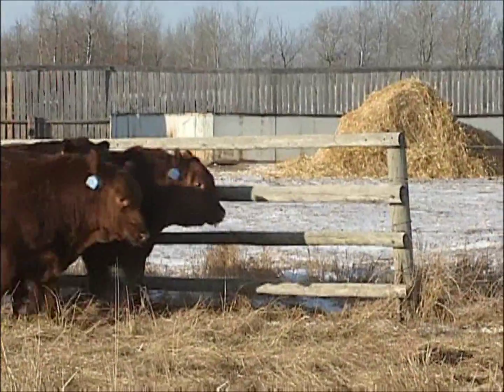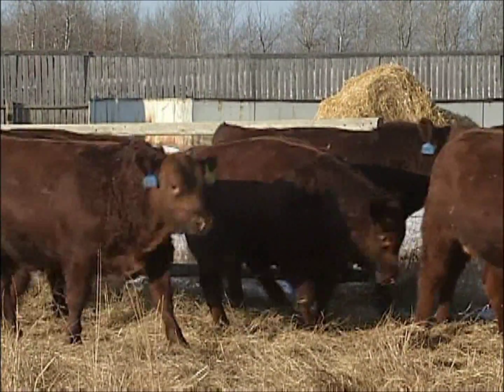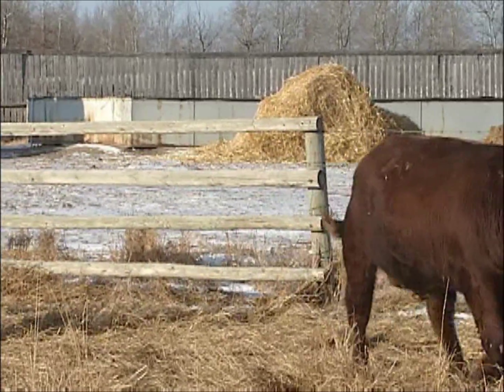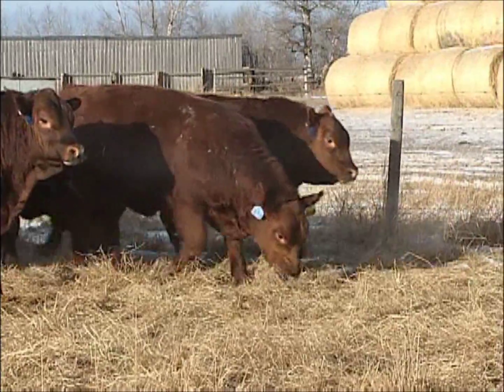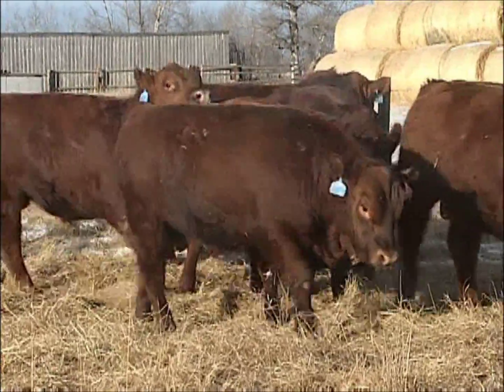A little different this year. We've had a marvelous fall from a weather standpoint. We're shooting this in early December, a little earlier than most years, but we have virtually no snow in our part of Alberta. You'll see that even though these are our youngest pen of bulls, there are some really strong bulls in here. Most of these bulls are September and October born bulls, right near the end of our fall